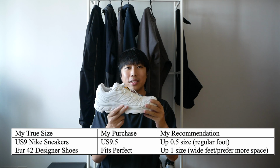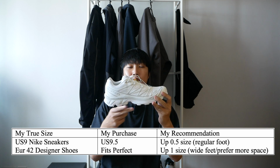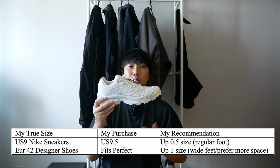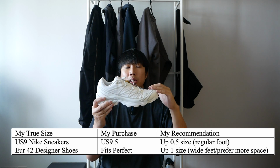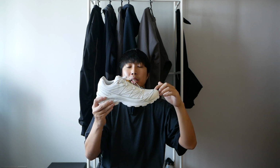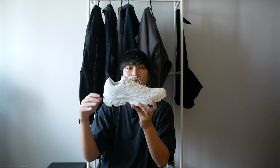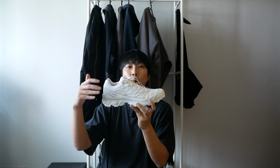Moving on to sizing, I'm normally a US 9 in most Nike sneakers, and for designer shoes I tend to wear a European 42. For this pair of shoes I picked up a US 9.5. I went up half size from my true size and it fits me perfect. I have regular width feet, and width wise on this shoe it wraps around very comfortably and there is a nice amount of breathing space on the front. It does fit a bit more narrow, but it is totally understandable because it is a trail running shoe designed to give more lockdown and